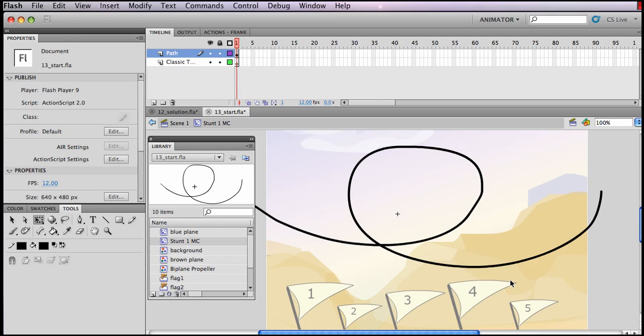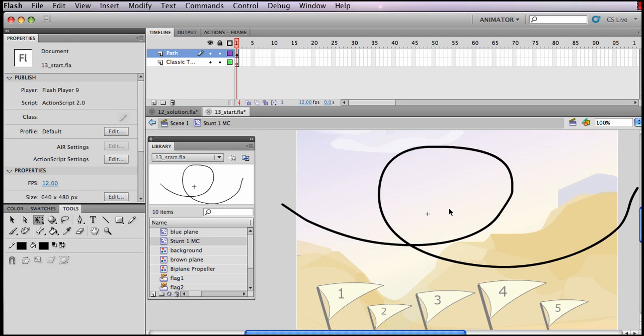So I'm going to adjust my flight path right here if I need to. I'm going to pull the left end off the stage a little bit more if I need to, and the right end off of the stage a little bit more. I just pulled the right. This is the left. And adjust my path. Okay, now I'm going to